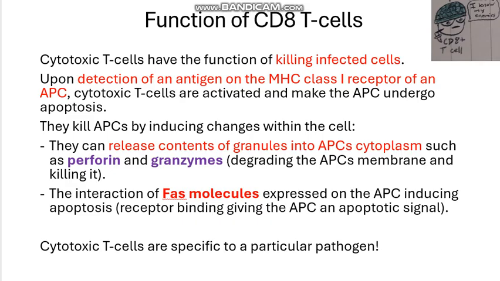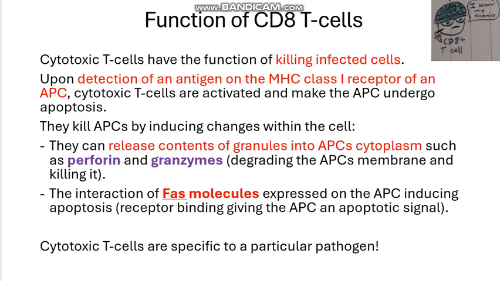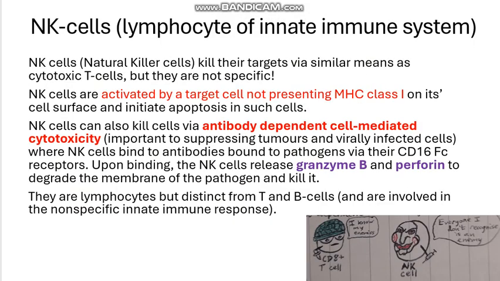Cytotoxic T cells are specific to a particular pathogen because, as you can see here, the T cell receptor on the cytotoxic T cell can only recognize one kind of pathogen if it's the same shape as the region of the T cell receptor that is in contact with the antigen. That distinguishes the function of cytotoxic T cells in the adaptive immune system, which produces a specific immune response to specific antigens to create resistance to specific pathogens, from the next cell that we're going to talk about, natural killer cells,